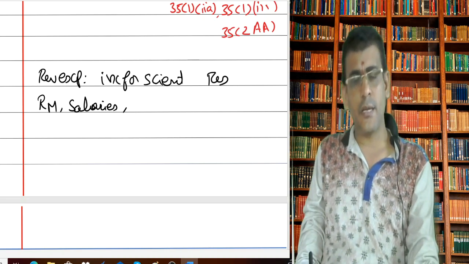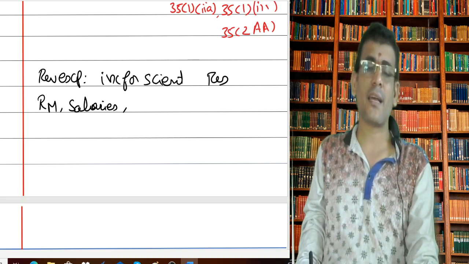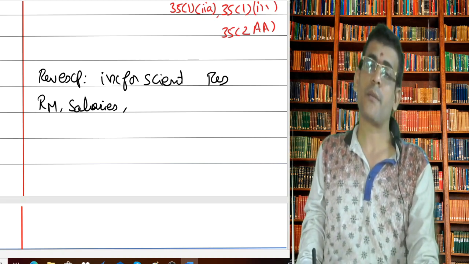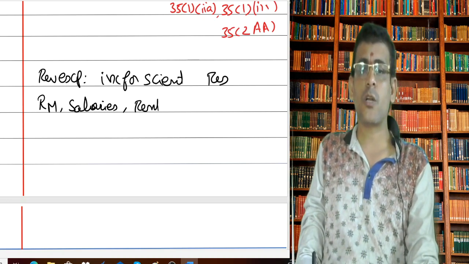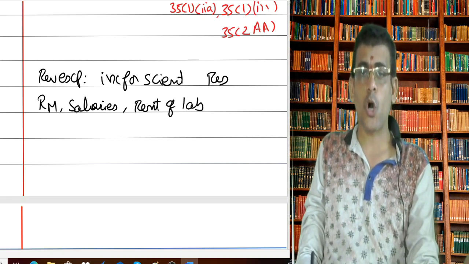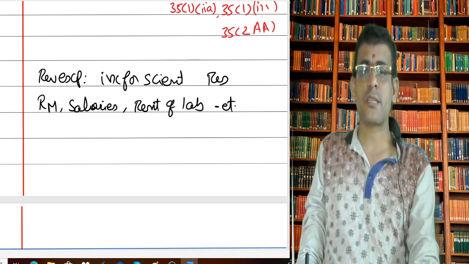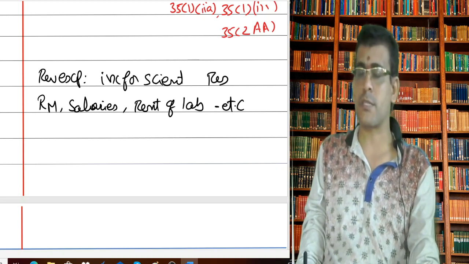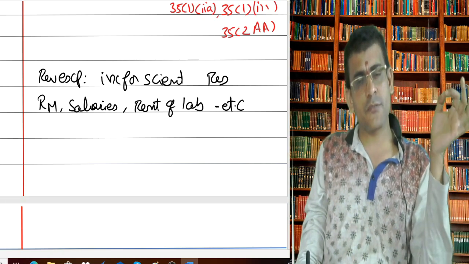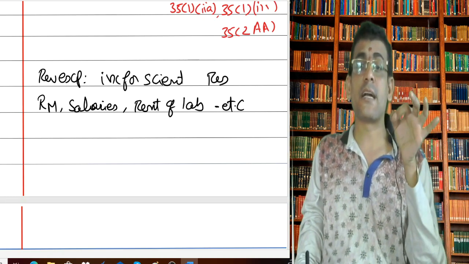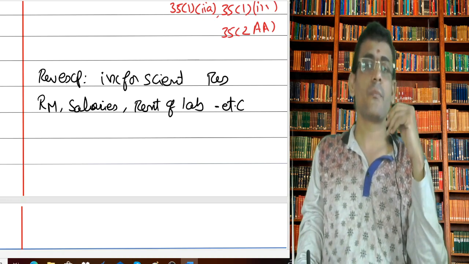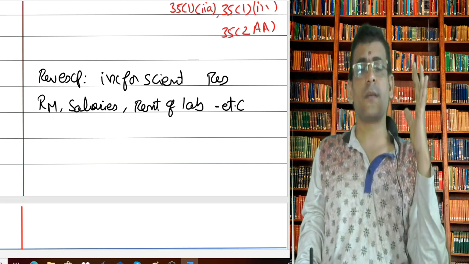You might be incurring some sort of rent for the laboratory, if the laboratory is a rented premises. So ultimately, rent of laboratory is also considered as your revenue expenses, etc. So these are just 3 examples I had considered. A lot of things are there. Any sort of expense which is a revenue expense and which is incurred for scientific research, ultimately that will be called your revenue expense incurred for scientific research.